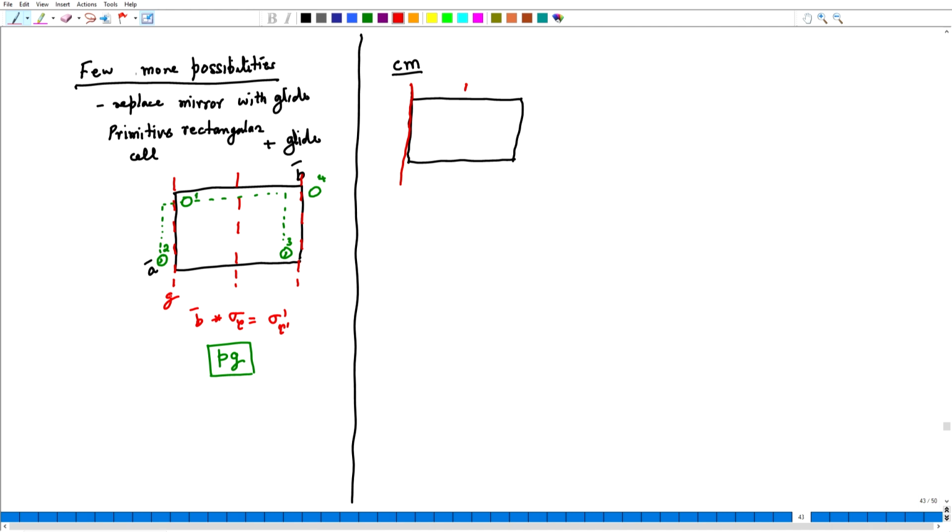There will be a mirror here, there will be a mirror here, but because it is a centered group and there is a centering translation, because of this I get glide planes at these locations between the pairs of mirrors. This is the plane group C m.